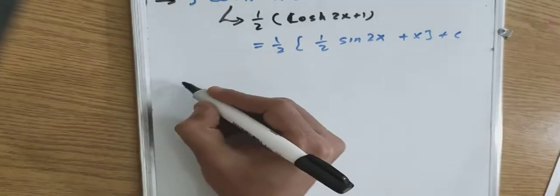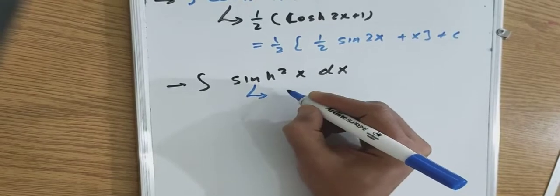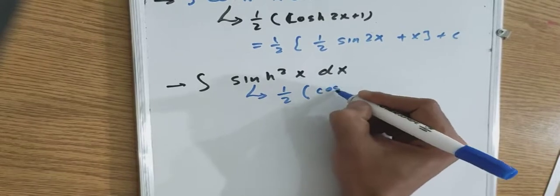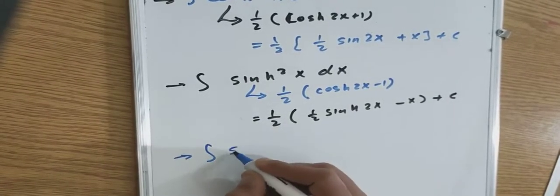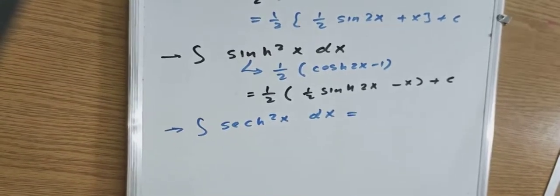For the integration of sine squared, we have sine squared with the identity half cosine 2x minus 1. So half is outside the integration, and the integral of cosine 2x is half sine 2x, minus x, plus c. Of course, the integration of sec squared is a direct antiderivative,